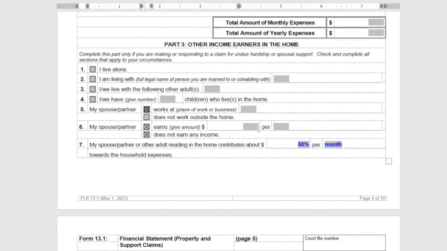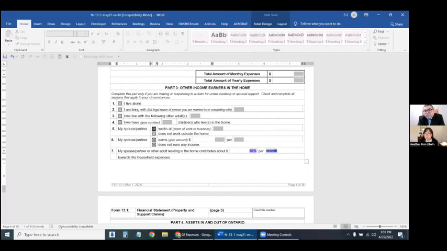And if you don't want to put out the amount that the person's earning, at the very least, just fill out how much they're contributing toward the expenses. I'm not saying that you're not correct in not filling out the form, but at least put the 50% or the amount toward the expenses above, because we are trying to figure out your means and needs.